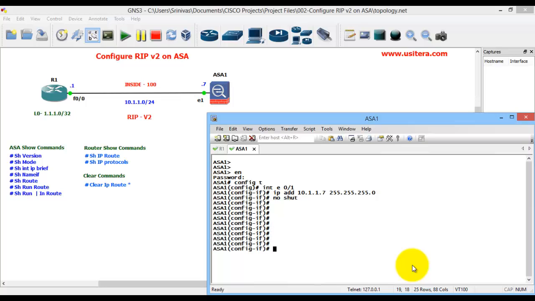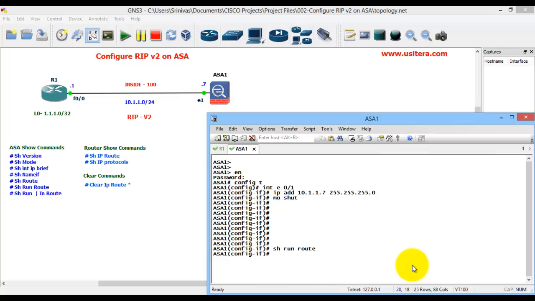Next we add router RIP on the ASA. First we check the default routes on the ASA. The command is show run route. So no, there are no default routes and no static routes.